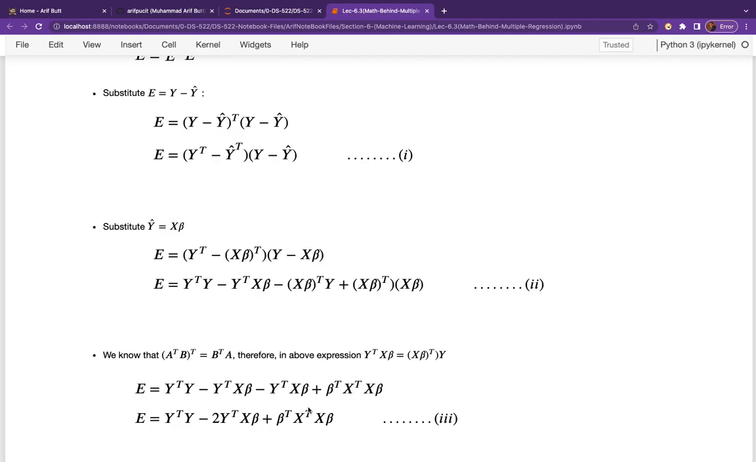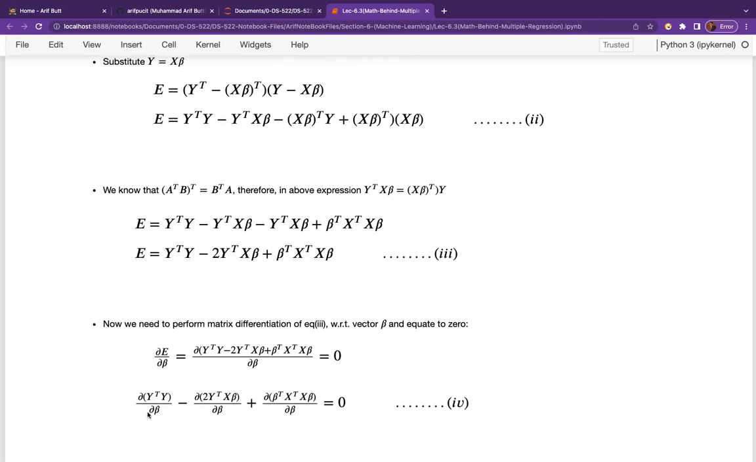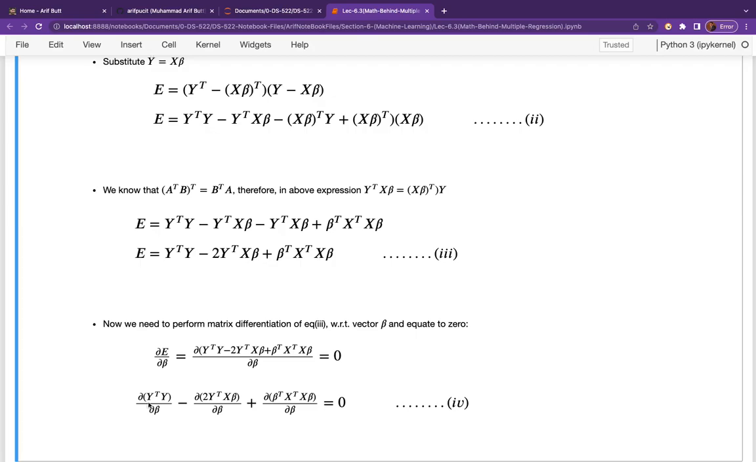Well, as with the least squares method for scalar values, over here as well, the goal is to find the value of this vector beta that minimizes this error. And for this, we need to perform matrix differentiation. We need to do matrix differentiation with respect to the vector beta and equate it to 0. If you know how to calculate the derivative of a matrix, it is great. However, if you don't,